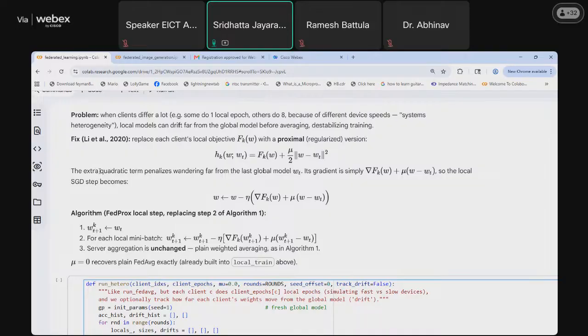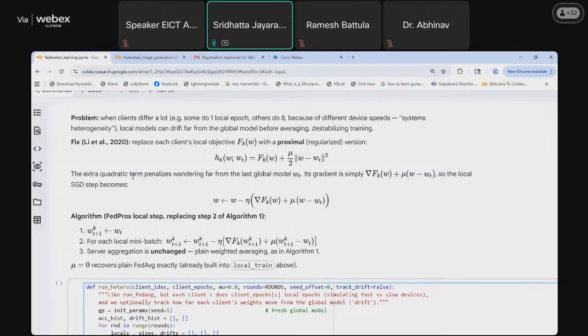What this extra quadratic term does is try to hold the clients so that they do not drift too much, so the difference between the updates happening on the server and the updates happening on the clients remains very small.